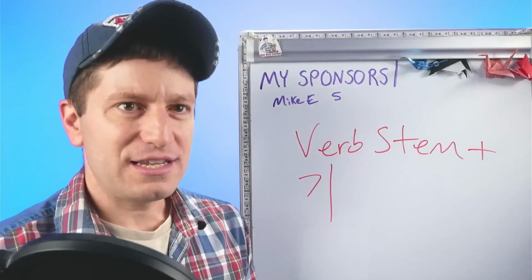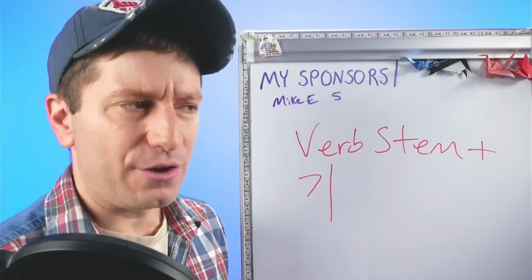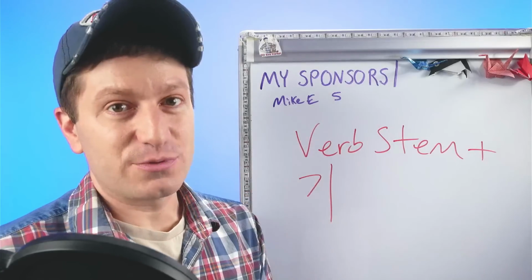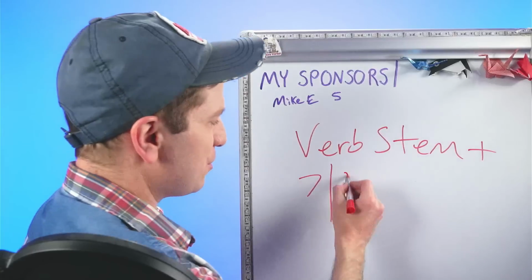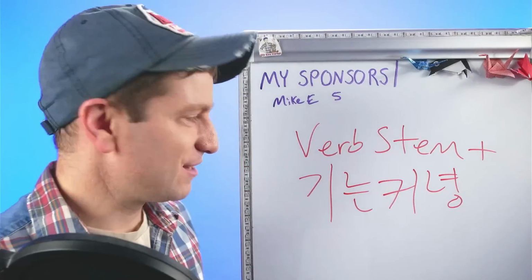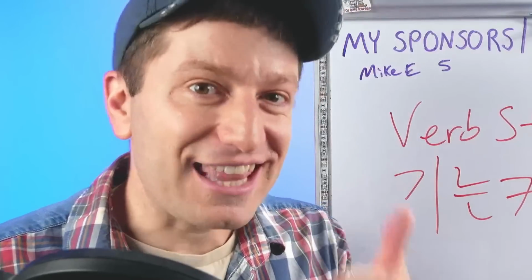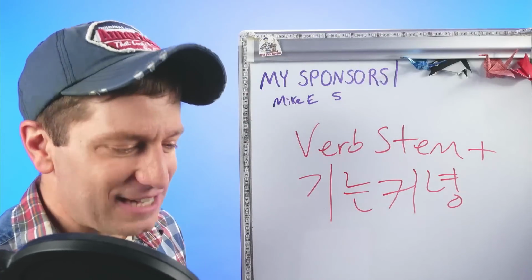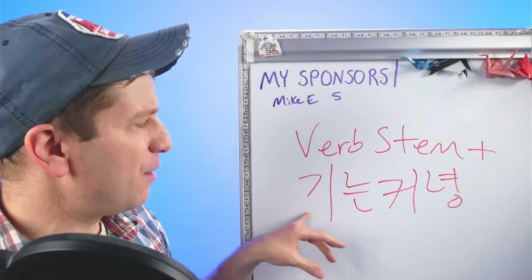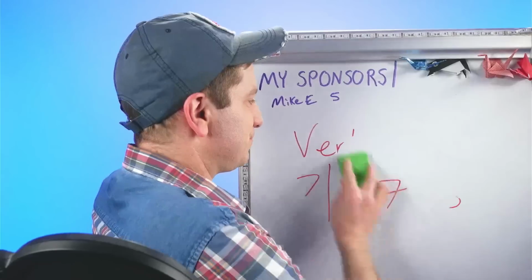You can also use this with nouns that come from verbs. So how did we do it with a noun? You take a noun and you attach 은 if it ends with a consonant or 는 if it ends with a vowel. 기 ends with a vowel, so you attach 는, 컨영, and you're done. That's how you use it with verbs. Super easy. No exceptions. Again, the exact same usage, but now instead of saying far from a noun, it's far from doing. Forget doing, never mind doing.